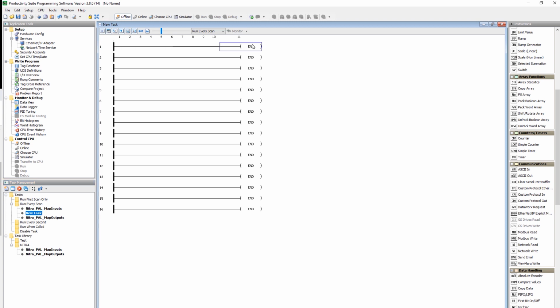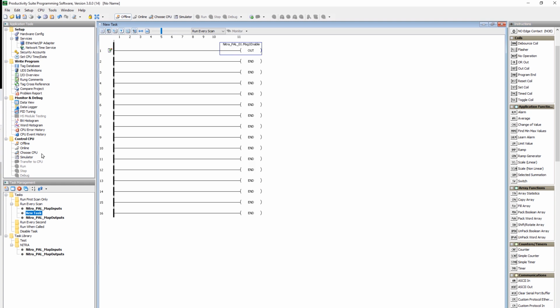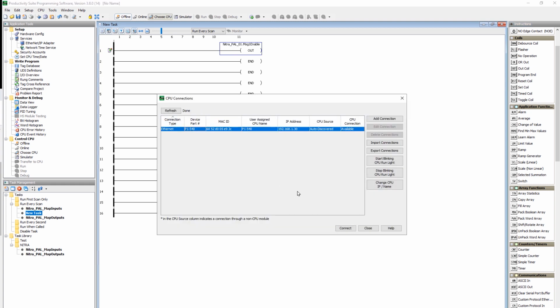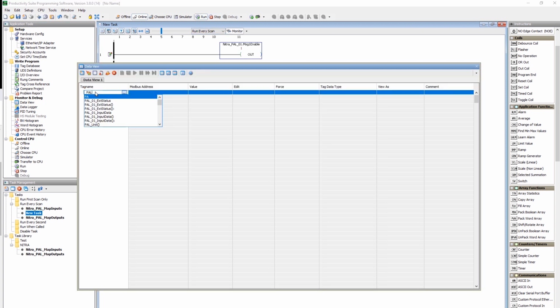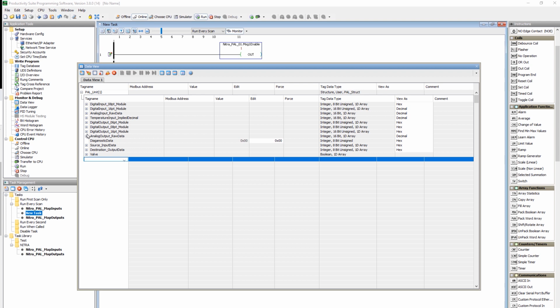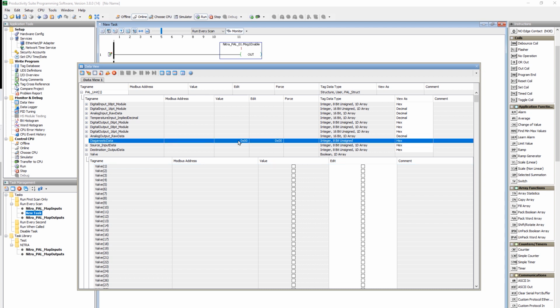We need to enable the message, so I'll just add an out coil to the main task. Now we'll download and make sure the CPU is in run mode. You can see the entire system in the user-defined structure. Here I'll toggle a valve and I can verify that it's functioning. Notice the diagnostic data reads 0 because there is no error. If an error code were present, we could refer to the configuration software help file for a definition.